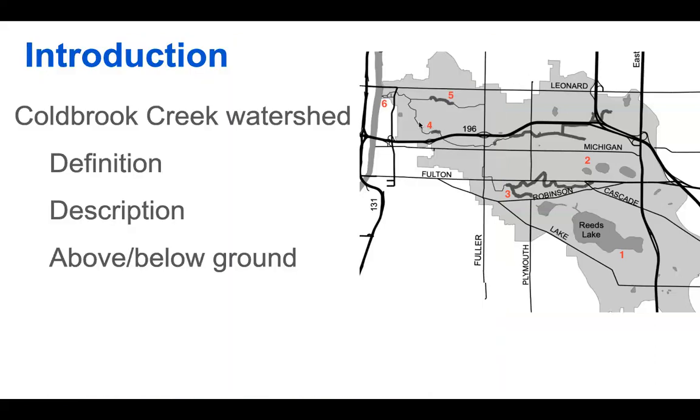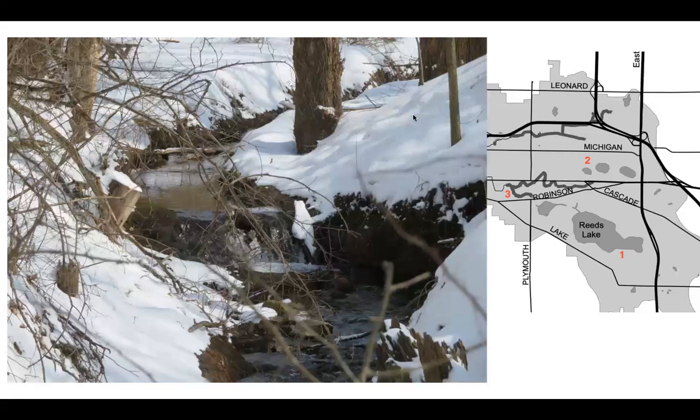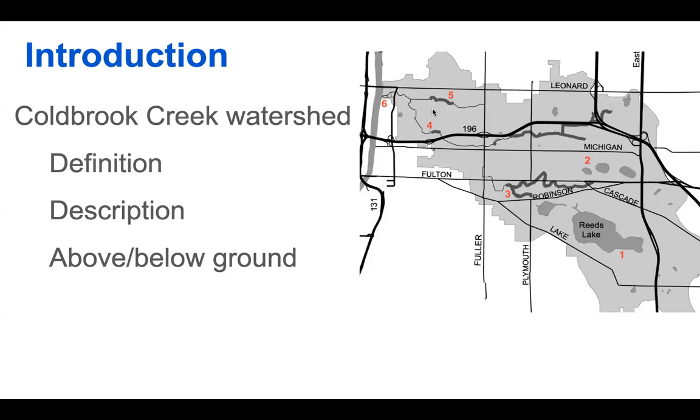Then the creek flows north a little more, and you'll notice there's another tributary coming in. This is actually a separate creek. It's called Carrier Creek. Here at number five, there's a road over there called Carrier Creek Road. And this is a smaller branch. It's a nice picture of it in winter. And then those two come together down by Belknap Park,